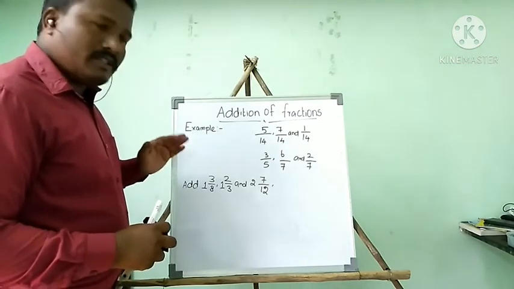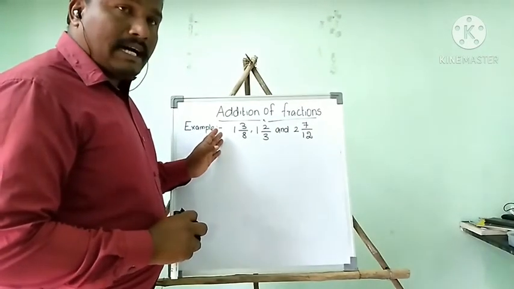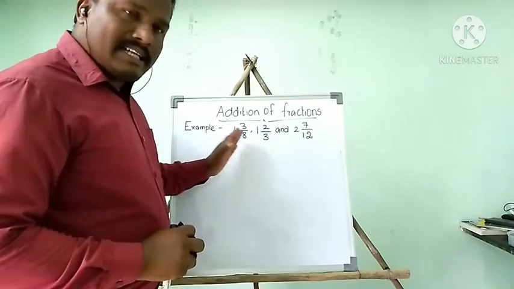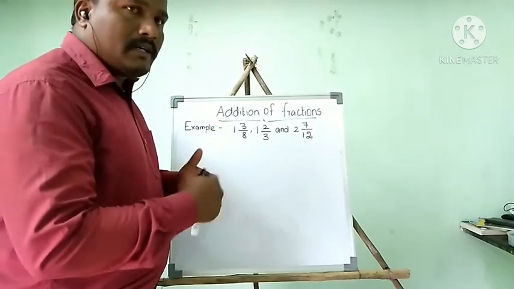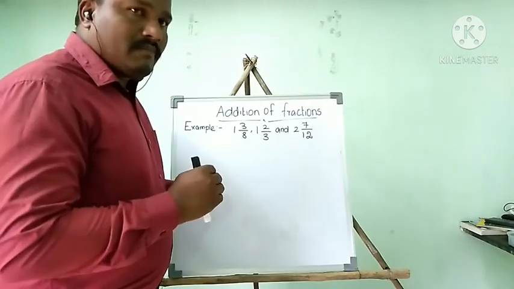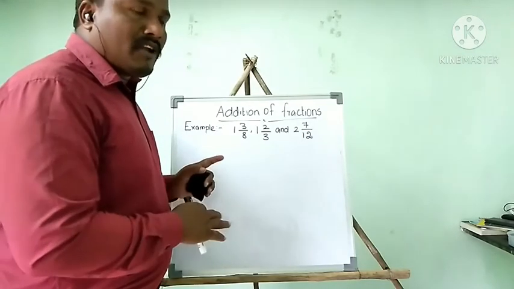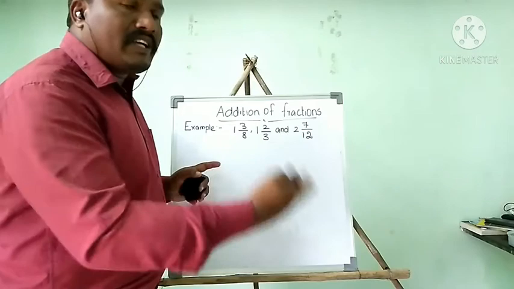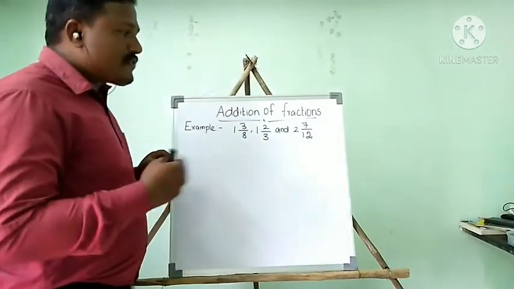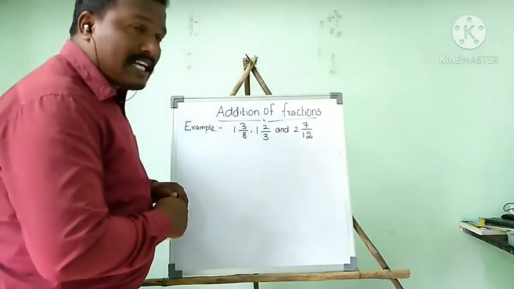Okay, listen carefully. Welcome students. Now we are going to add mixed fraction. Okay, so we cannot add as it is, we have to do some modification, changes, then after we can add. So what are the modifications we want to do? Then we have rules and regulations, we have to follow the rules, we have to modify that, then we can finally add this fraction. So we cannot add as it is. So first step, I'm going to cross multiply.